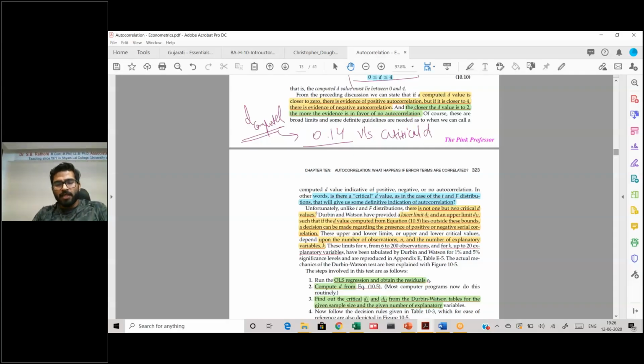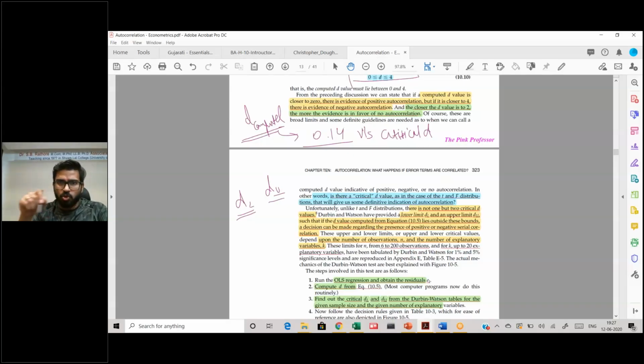So instead of a critical d, you actually have two critical d's, dl and du, the lower value and the upper value. Why do you have two d values? Because remember, there is a huge range. There is a range from 0 to 4. In between, you have